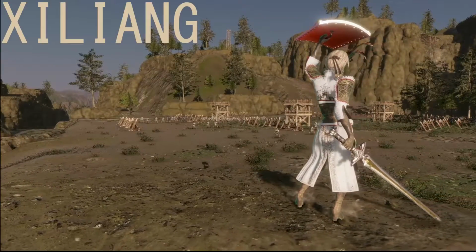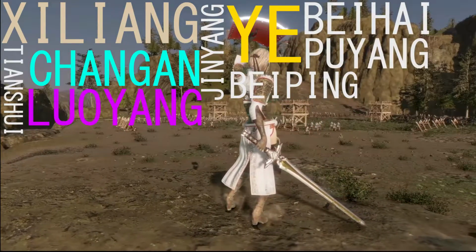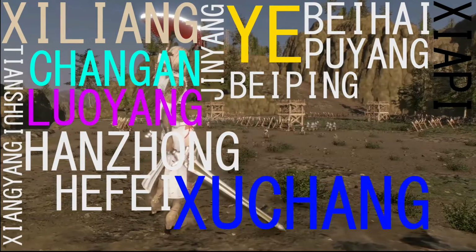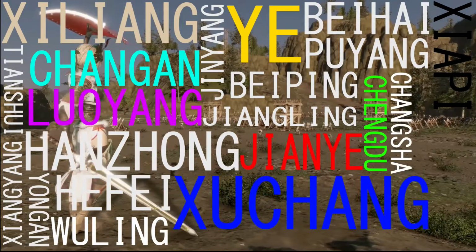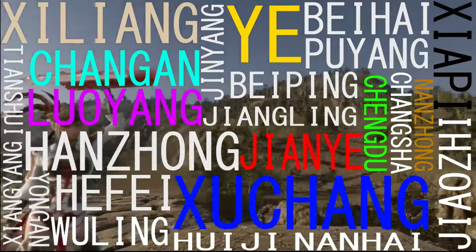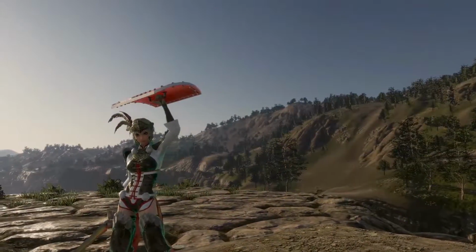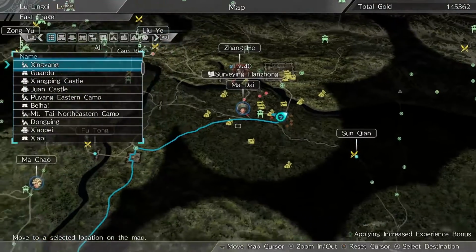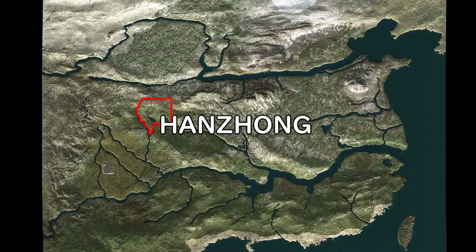These are Xiliang, Tianshui, Chang'an, Luoyang, Jinyang, Beiping, Ye, Beihai, Puyang, Xiapi, Hanzhong, Xiangyang, Xuchang, Hefei, Chengdu, Yang'an, Jiangling, Jianye, Wuling, Changsha, Weiji, Nanzhang, Jiaoji, and Nanhai. Jesus Lord, I don't think that they're gonna even include all of those maps. They're probably gonna cut a few or even a lot, maybe. So now that we have this list, we can start doing a little bit of stage searching ourselves, starting with...